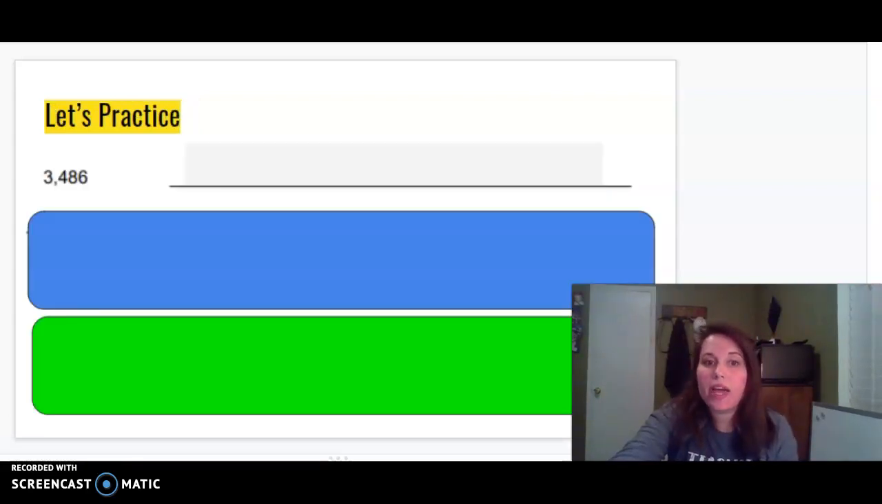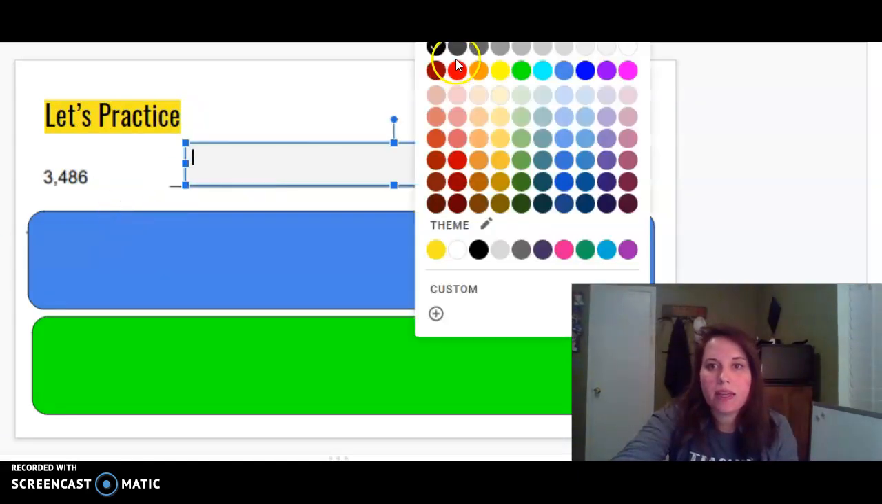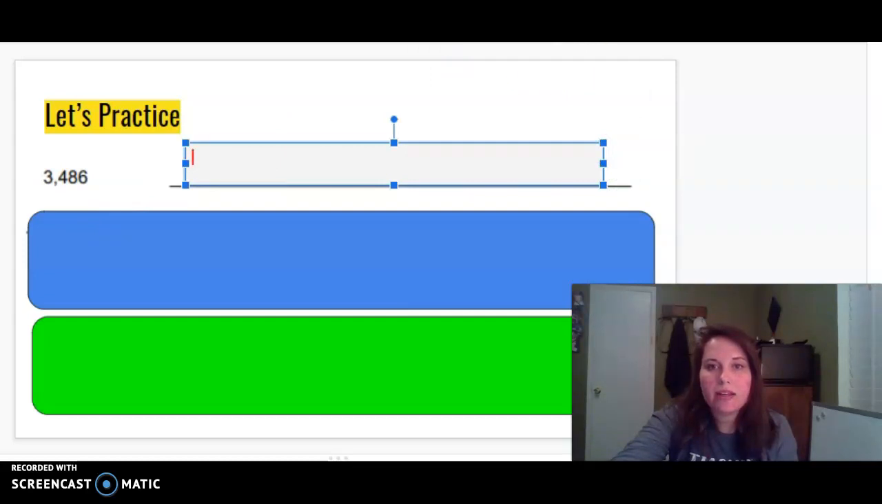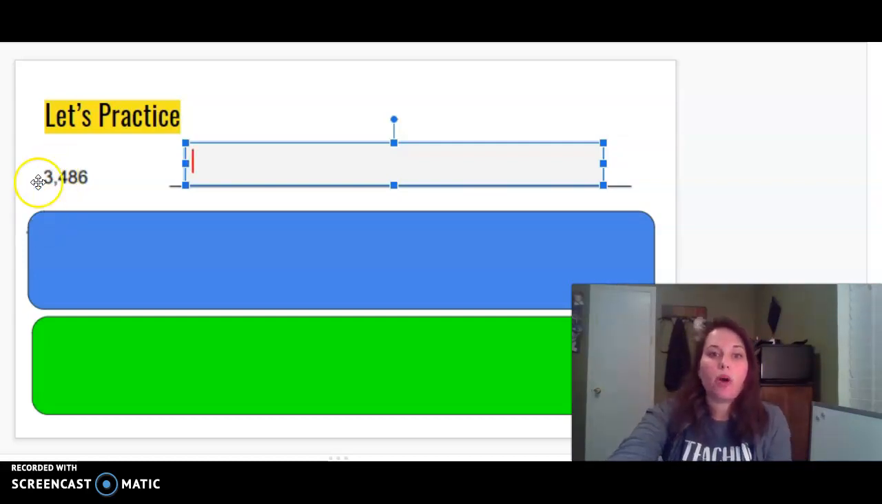Okay, so let's go ahead and have some practice here. Let's see if I can type in here. And I sure can. I want red, make it a little bit bigger and bolded. So my number is already written in standard form. So the opposite of standard form that we're working on right now is expanded. So I always start with this big number, 3,000, my biggest place value. So 3,000